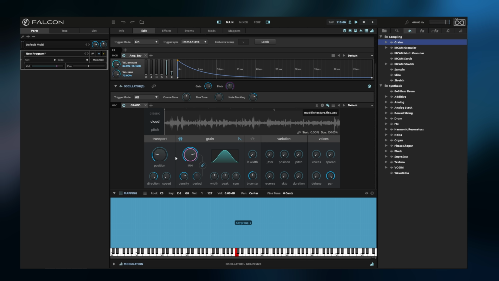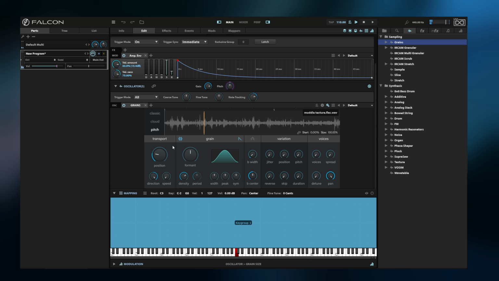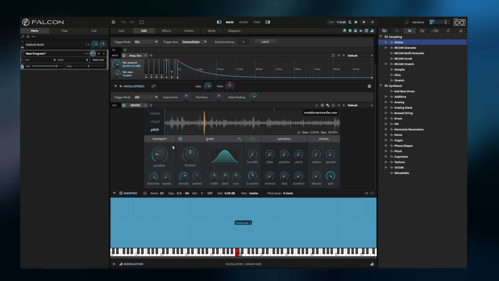So here I've loaded in a new sample, and if we just give it a play, sort of a crunchy Foley type effect, and if we go over to pitch mode here and play this again, you'll hear it's generating grains to produce a specific pitch. So meaning I could play lower, higher, and start playing with things like the position, the formant,